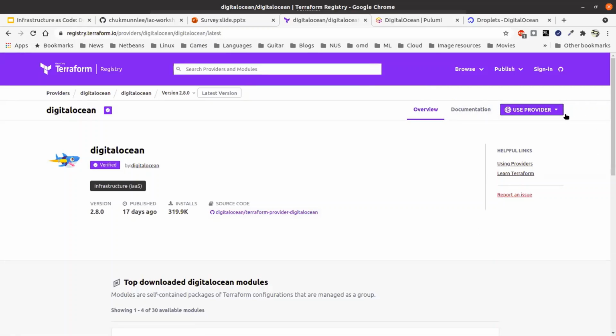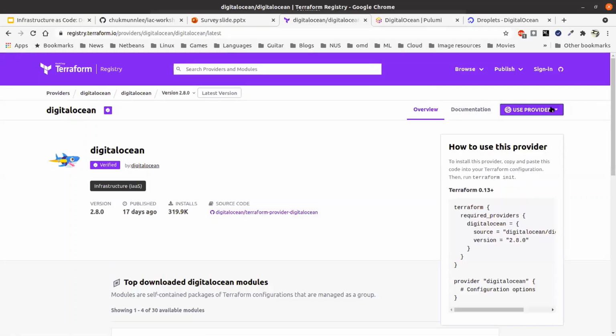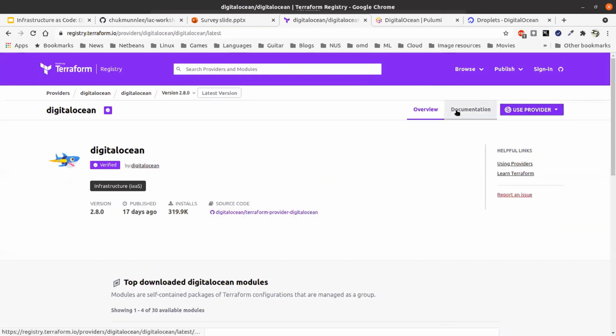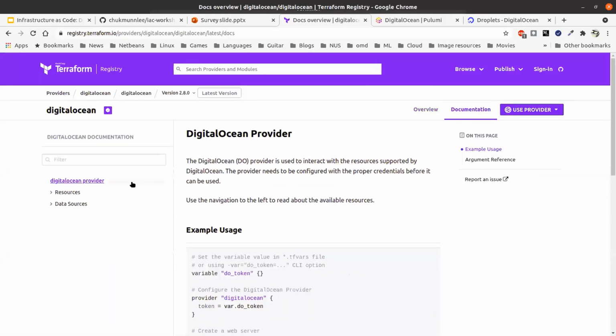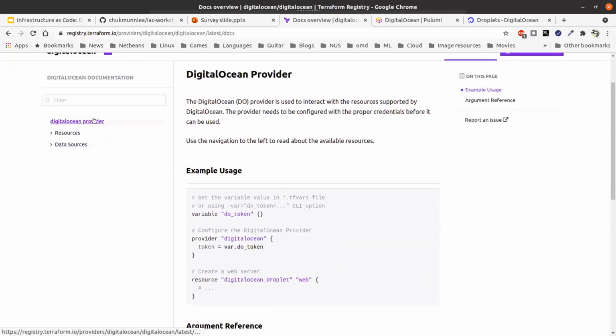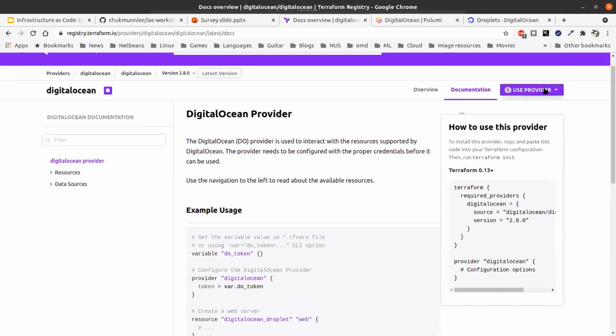The first thing you need to do is see how to configure the provider. This is what you need to pull down. So use provider. This is the documentation, right? You can also get the information from a provider up here by clicking on this. Okay, so this is how you create a provider. So what it says is this: this is what you need to do. Okay, so let us run through the example.